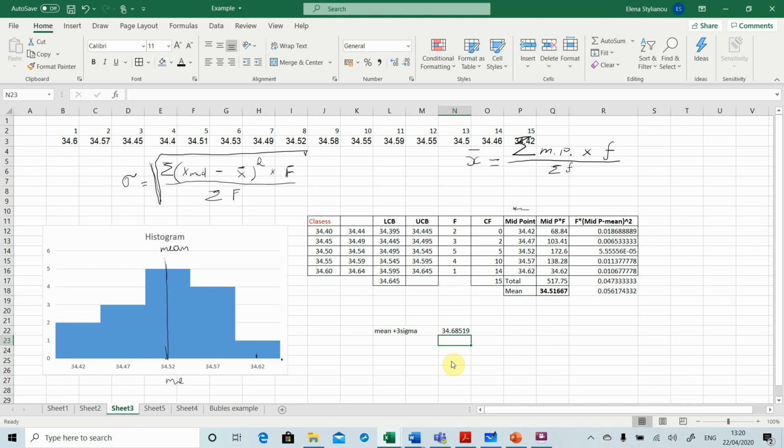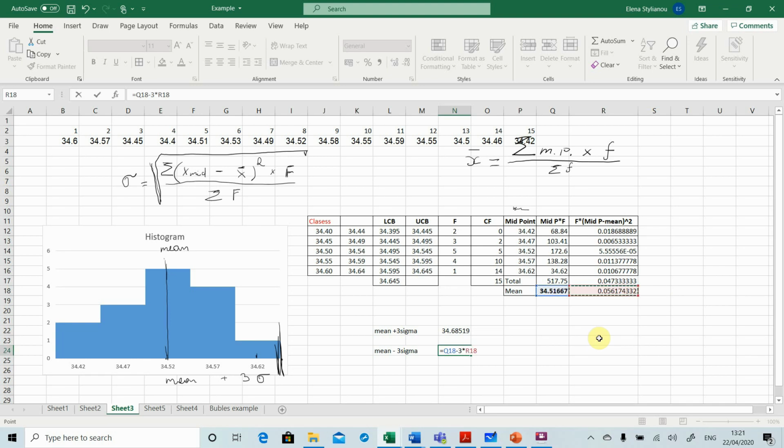So mean plus 3 sigmas gives us the right-hand side of the corridor where our data is spread. And mean minus 3 sigmas. Let's do it: mean minus 3 times sigma, this sigma, 3.34. So this is our left corridor. So we can guarantee that